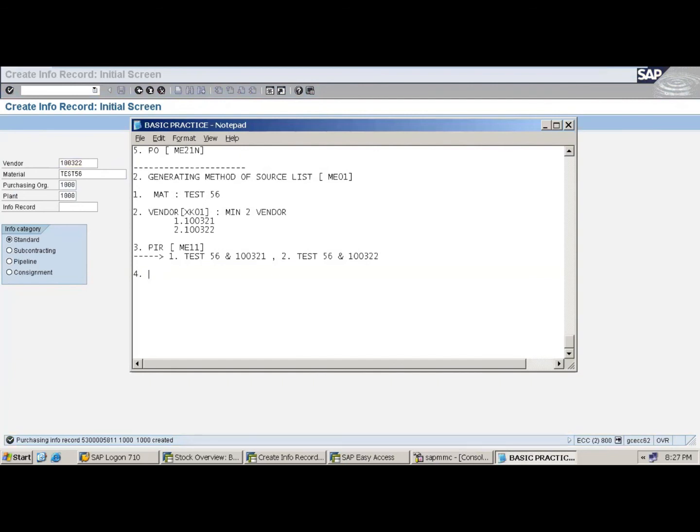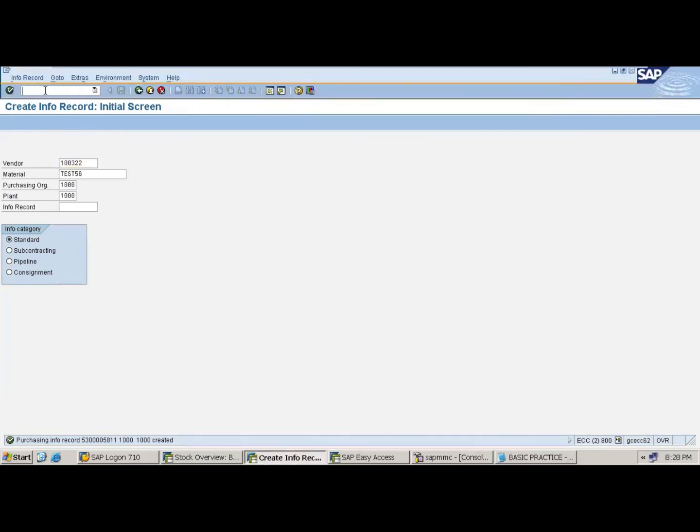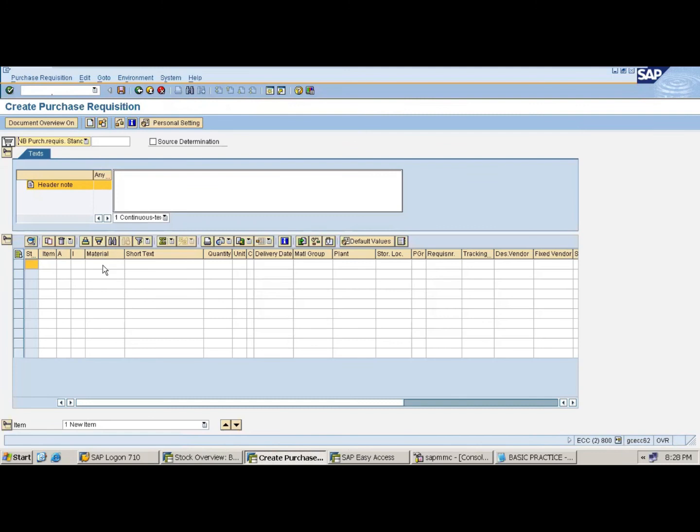Step number 4. Go for creating the PR using the transaction code ME51N. Okay, let me create. /n ME51N. So what's my material? S56. I just take 100 quantity for plant 1000.